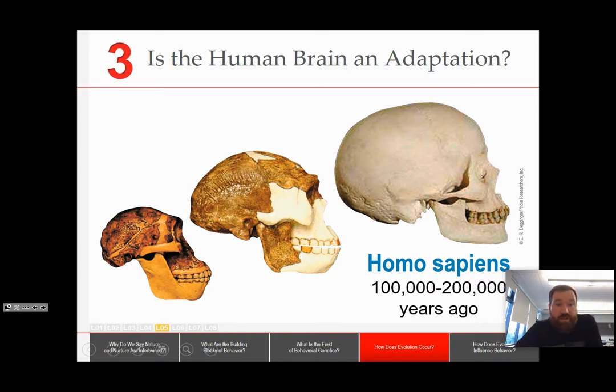We also can see that the brain grew in size. The first skull there is, I believe, an Australopithecus, if I'm putting my World History 1 hat on. Then you have what looks more like a Homo habilis or Homo erectus. And then finally the Homo sapiens skull. You can see that the size of the brain has just exploded over millions of years. But really, for the last 100,000 years, our brain hasn't grown all that much, in proportion to our body, I should say. We're bigger than we were 100,000 years ago, but in proportion to our body, our brains are about the same size.